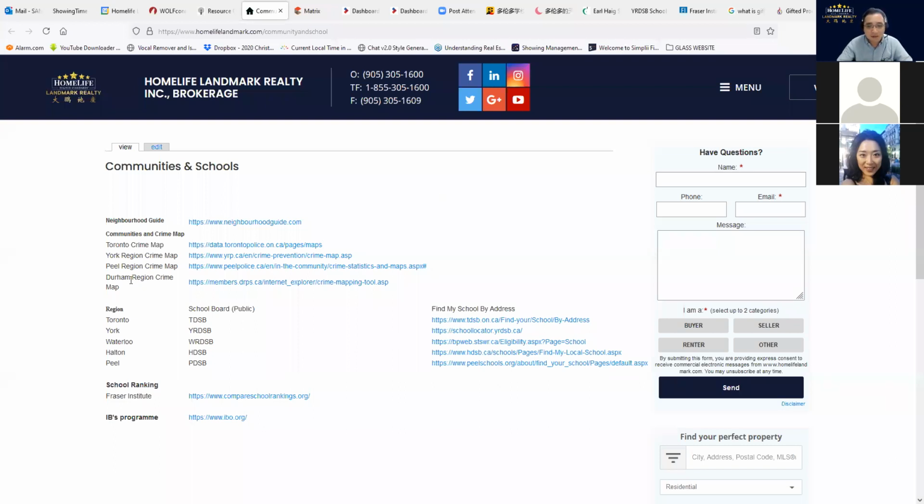Another thing is that some buyers are looking for a property, and they give you the address and MLS number and ask why the price is very low, saying they really want to buy. Many years ago, one of my buyers was looking at a property at Finch and Jane. They asked why the price was really low in that area. I didn't know, but after I did the research, I found that the area is not a safe neighborhood. So before you go there, check the Toronto crime map, and you will find out about the neighborhood.